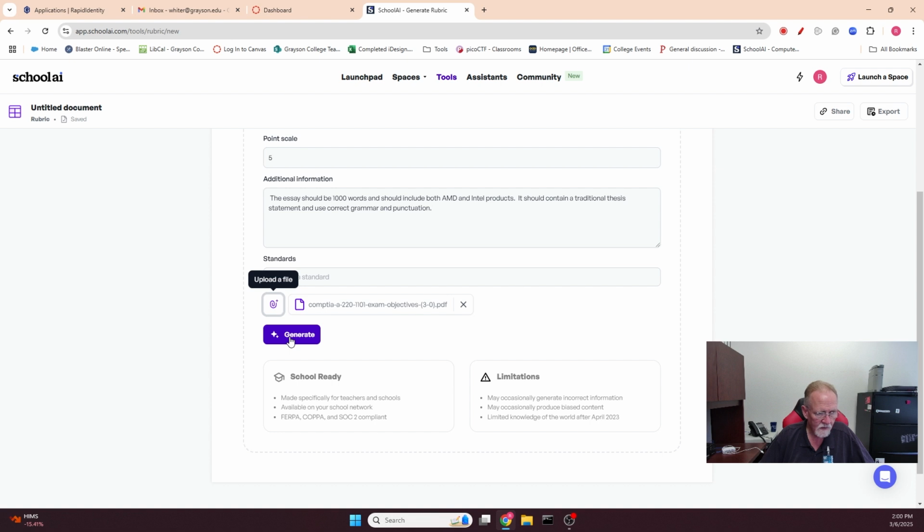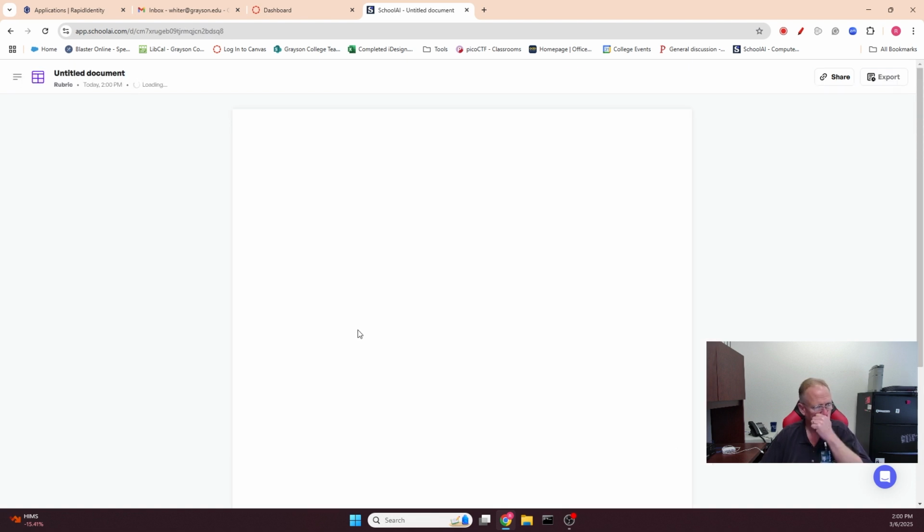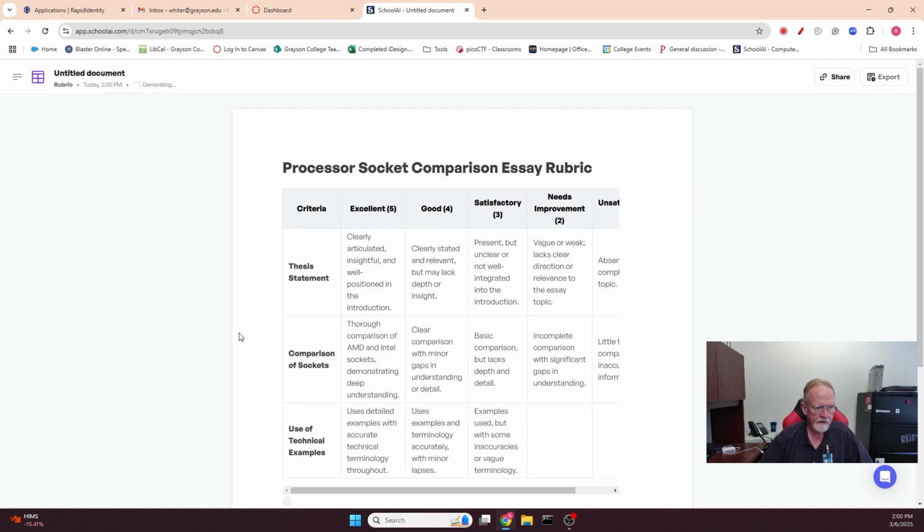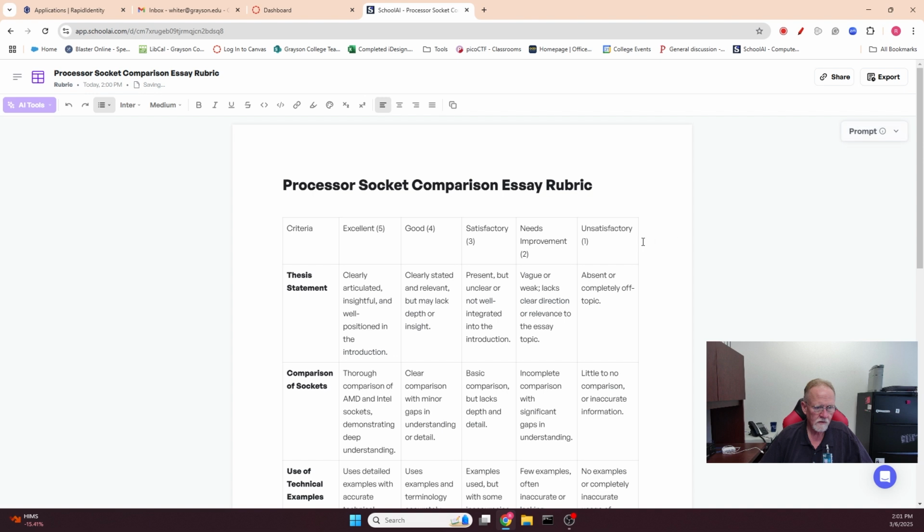Alright, so then at that point I'm going to generate it, and let's see what we get. There we go. Okay, so the format looks nice. It's got the criteria here, it's got the scores here. 5-point score, 1, 2, 3, 4, and 5. Clearly articulated, insightful, and well positioned in the introduction. That's the thesis statement. Absent or completely off topic would be unsatisfactory, and excellent, full credit would be clearly articulated,